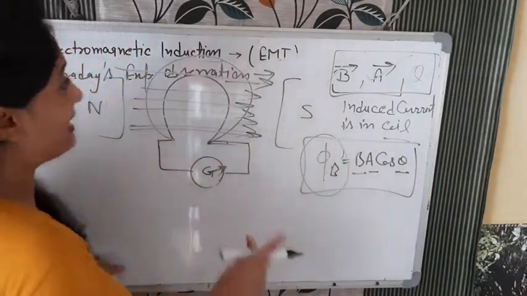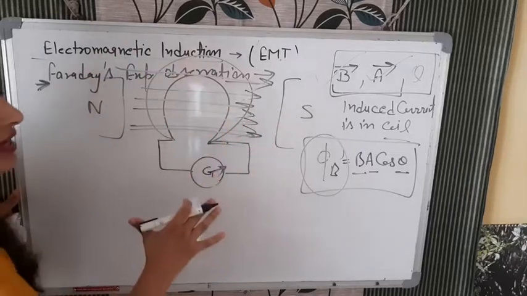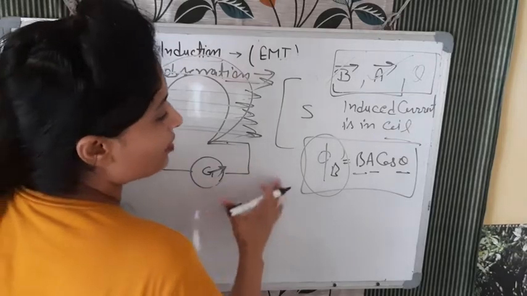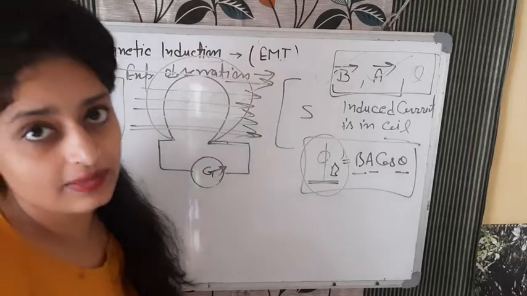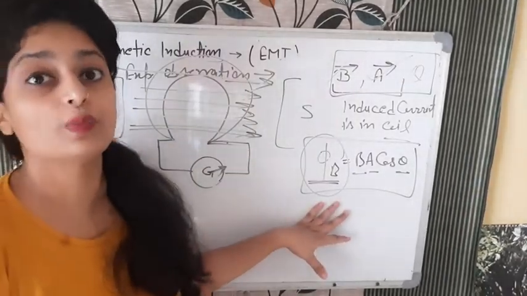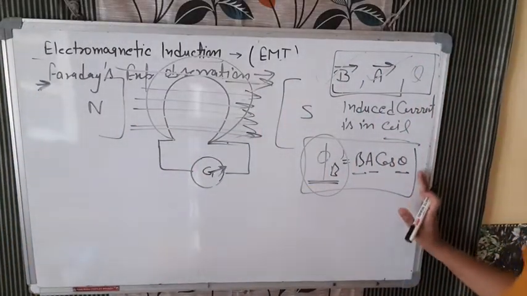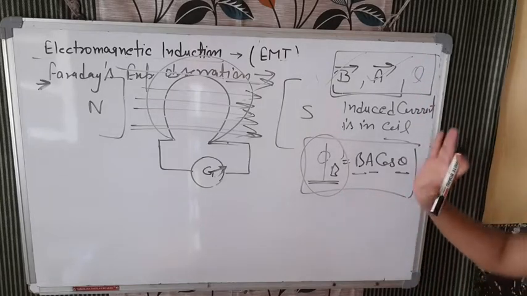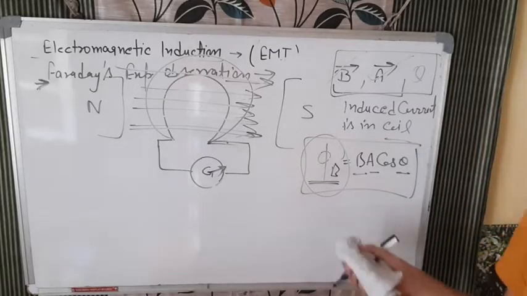So what we can say from his observations is that Faraday told us that current induced in any coil depends on the change in the magnetic flux. Remember, change in the magnetic flux. I am not saying it will be the same. If it remains the same, there will be no deflection. There should be a change. Now I will write the definitions. There are two definitions from Faraday's experiments, and how the magnetic flux changes, the magnet experiments and the coil experiments. That I will tell now.